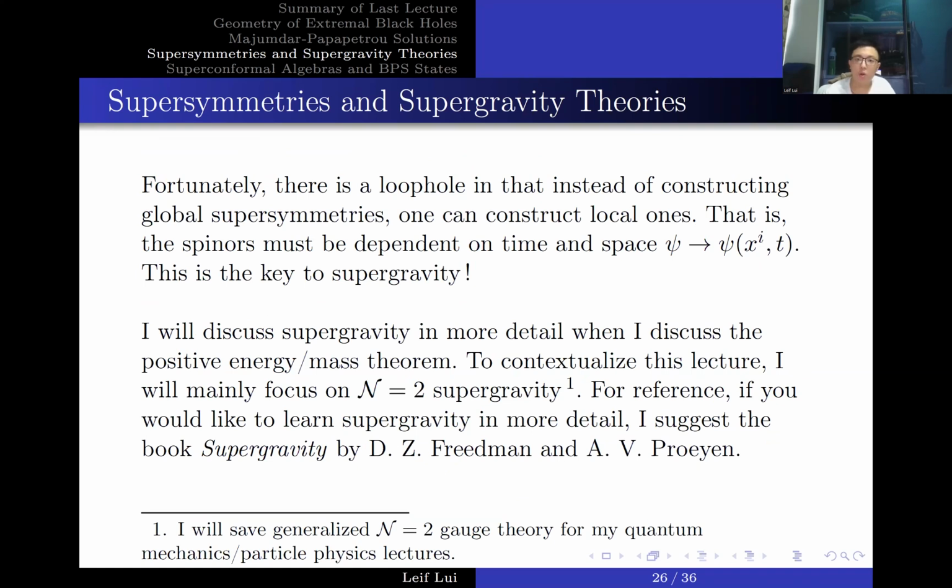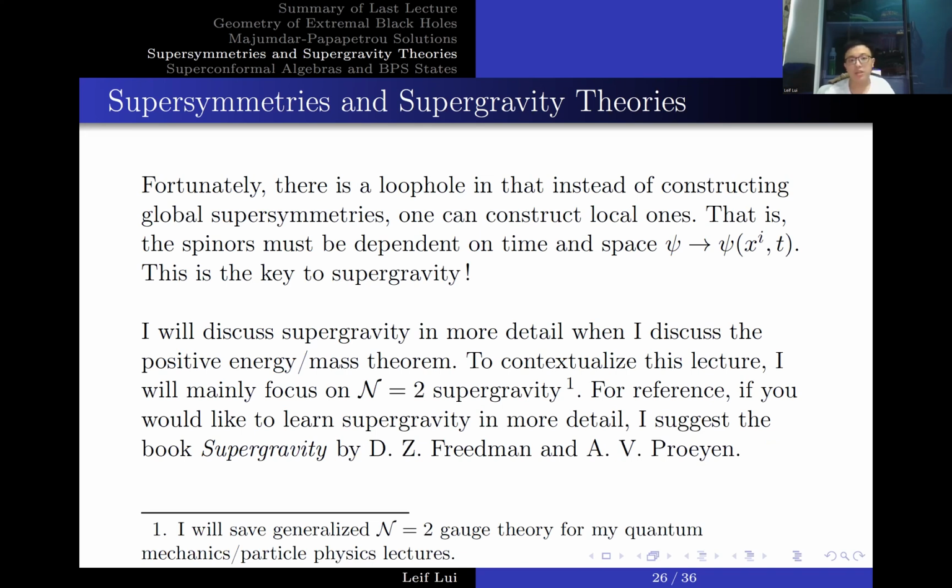Fortunately, however, there's a loophole, and instead of constructing global supersymmetries, one can construct local ones. That is, the spinors must depend on time and space. And this is the key to supergravity. I will discuss supergravity in more detail when I discuss positive energy and mass theorems. But to contextualize this lecture, I will mainly focus on one particular theory of supergravity, which is N=2